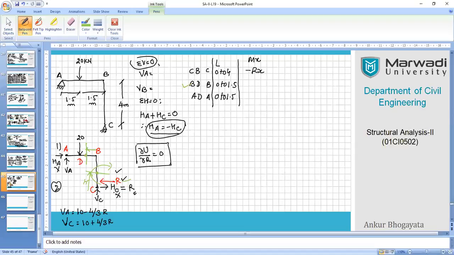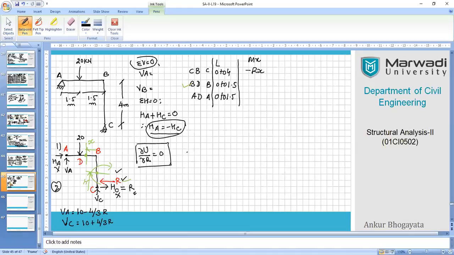Now I'm standing here. This is the distance. So how many forces can I consider for taking my moment at distance X in this system on the right hand side? So who will give me the answer now? Who will become a volunteer? Raise your hand. You just need to tell me.